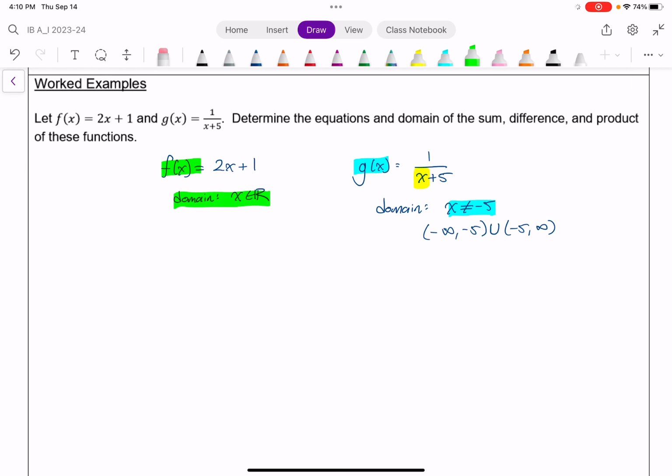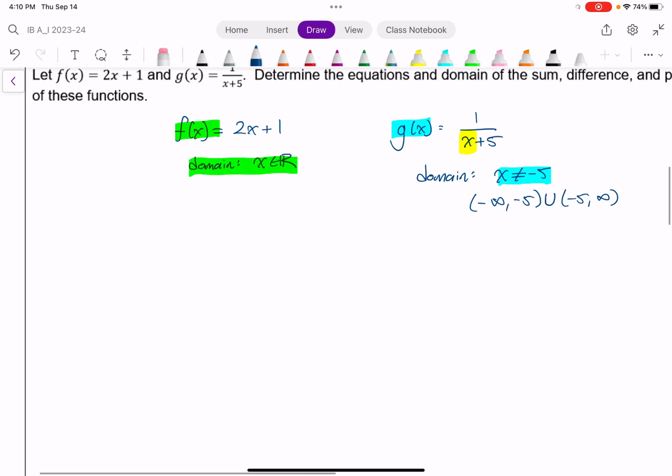All right, I want the equations for the sum, difference, and product. So we'll talk about quotient later. And so the sum of these, which I can write as f plus g of x, the equation is just simply 2x plus 1 plus g of x, 1 over x plus 5. There's the equation. I don't need to do any more than that. The domain of this